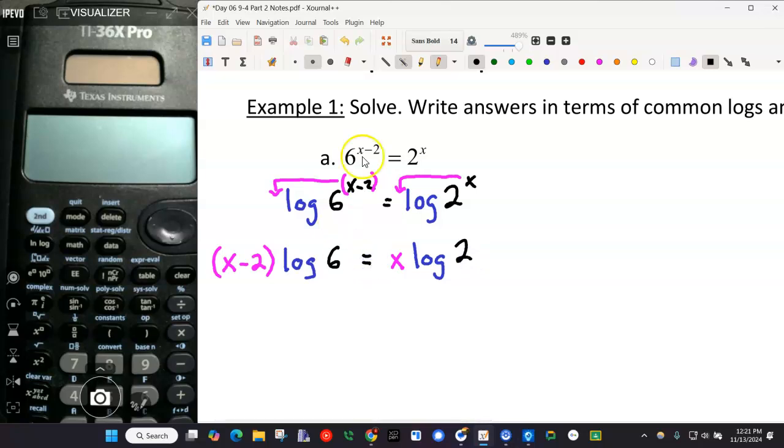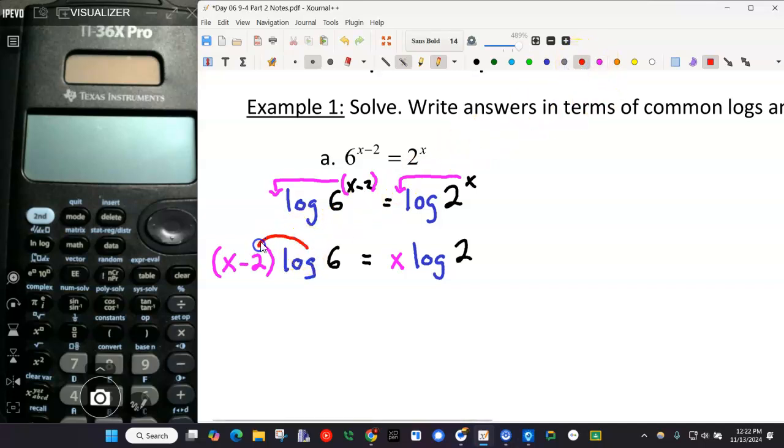And our goal, now that we got here, is that we have no more exponents. So this is where that two-step equation I wrote up earlier comes into play. You want to get all the variables to the left, all the numbers to the right. Right here, there's a variable and a number all tied together because they're in parentheses, so we're going to distribute